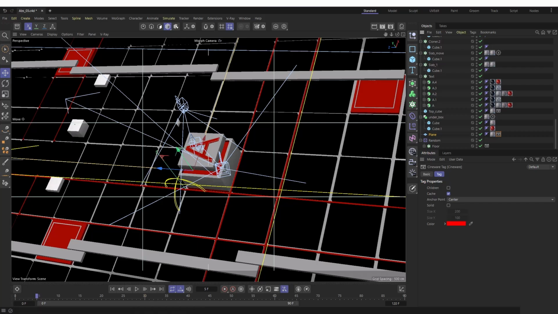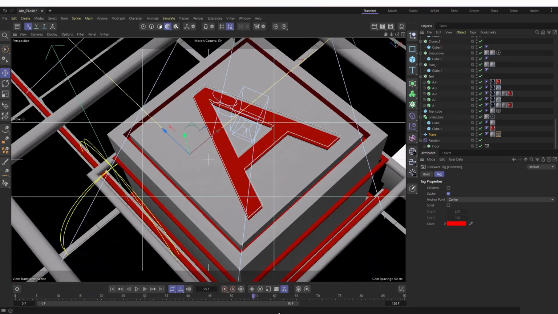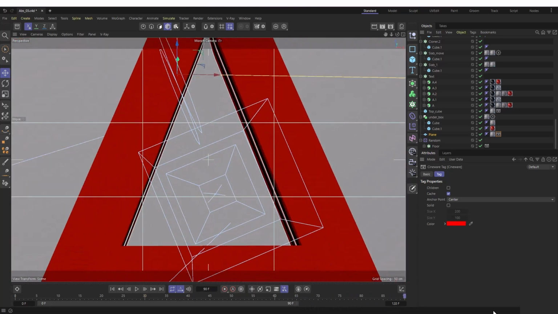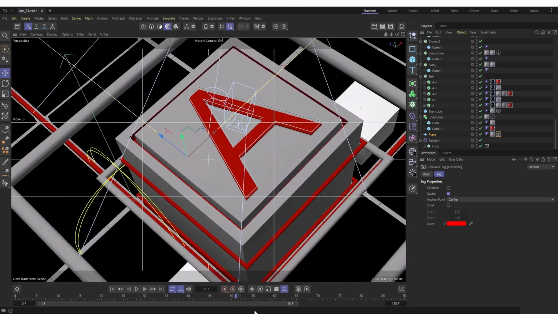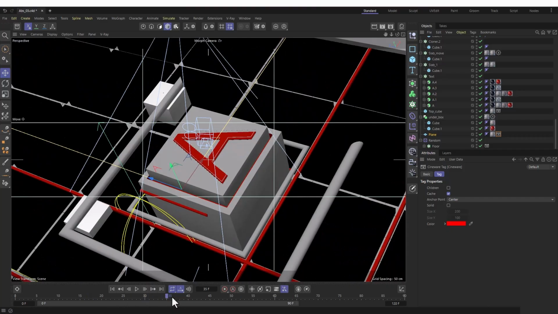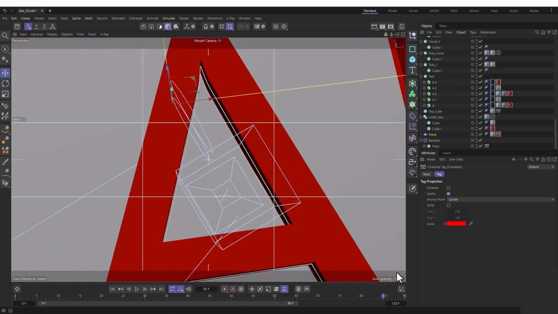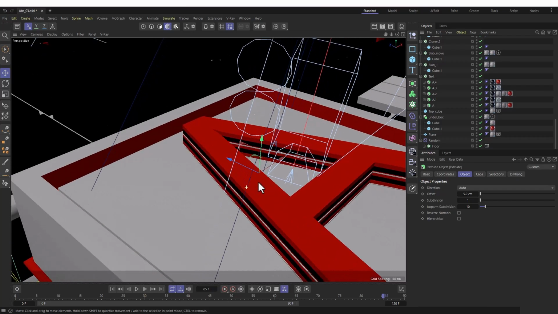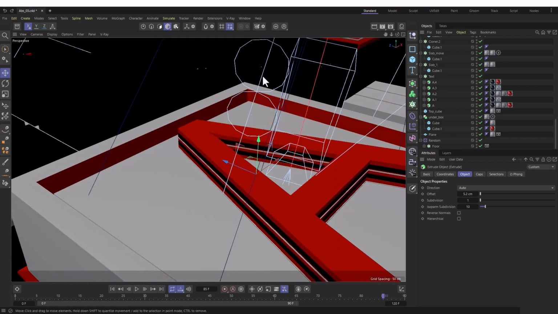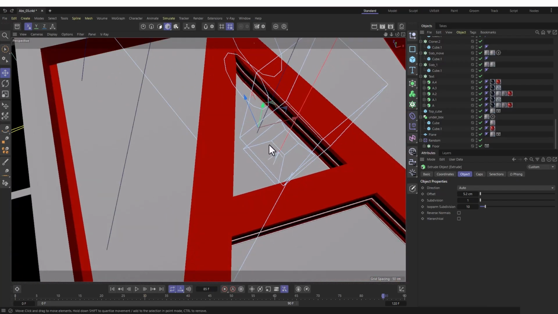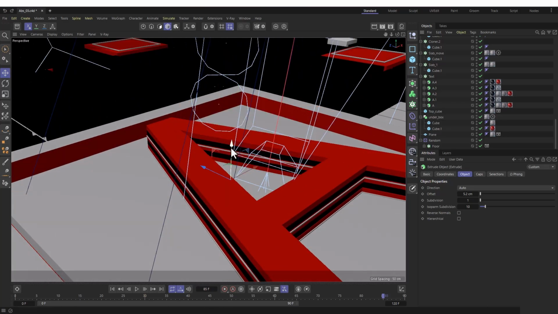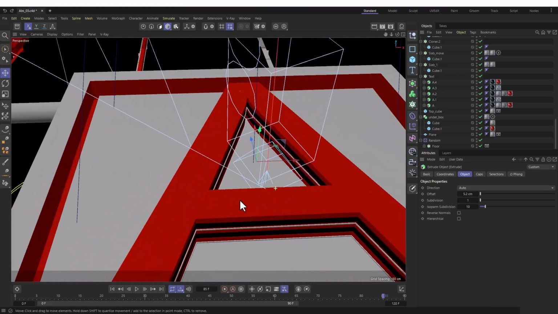So when you have done adding your Cineware tag on every object that you want to send the tracking data to After Effects, what you need to do from here, hold on, we are going to transition into the A. I added up a shape between the A, that's having the A shape as well. So this is what I've done. I've created a shape that looks like A right in the middle. Yes. So any letter that you've created, you need to create a shape that mimics the look of that, and